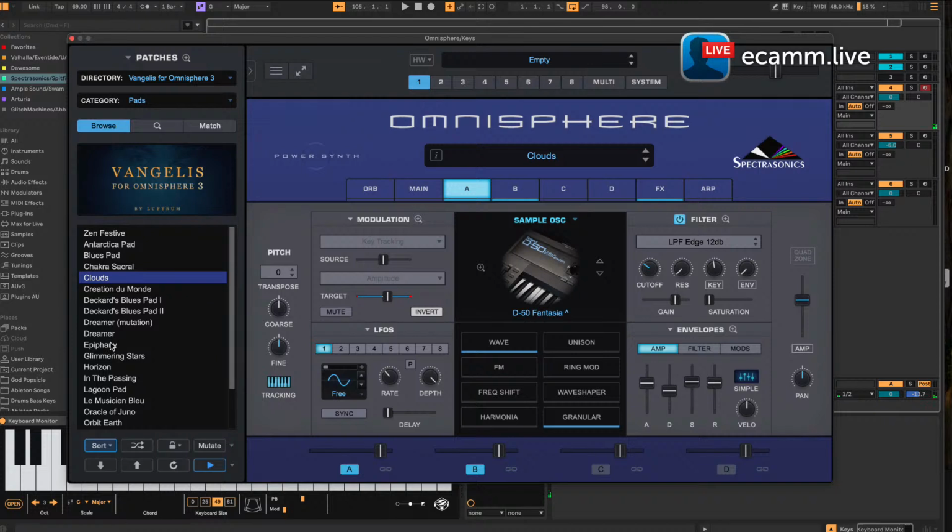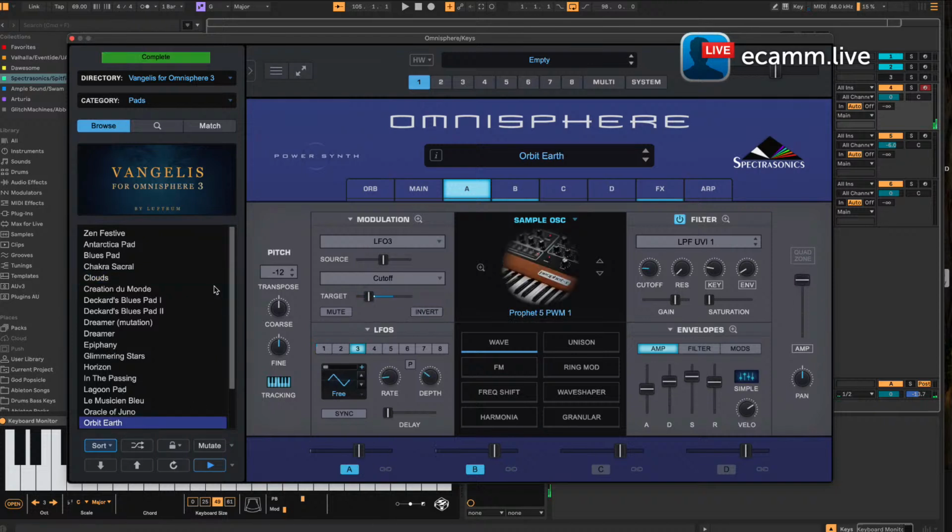Maybe you want to try. Let's try Orbit Earth. So this is a Prophet 5. This one makes me feel a little different though. It makes me feel like I'm traveling somewhere. I don't know yet where, but